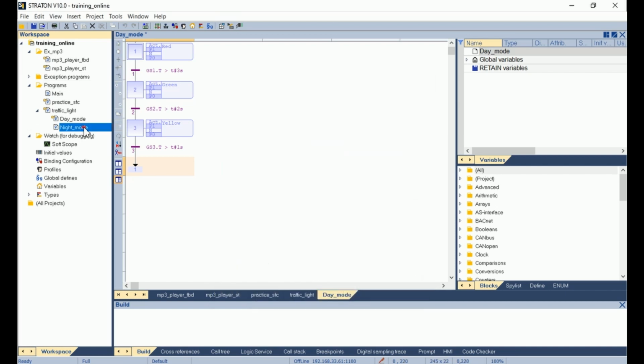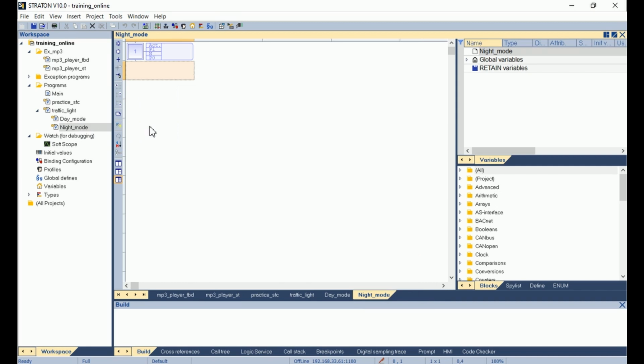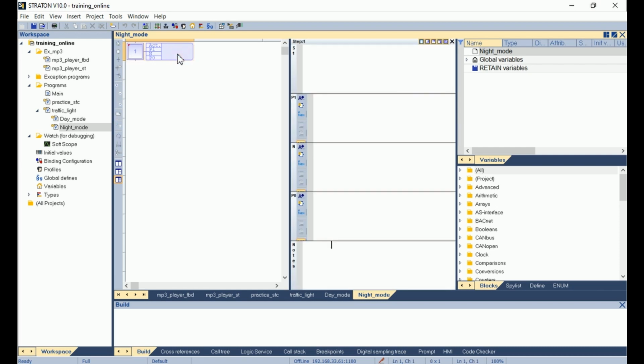And I click on OK. I open the program. So the first step, this time, will manage the yellow light. So I will manage it as for the lights of the day mode. In P1, I enter B yellow double point equal true semicolon, and in P0 B yellow double point equal false semicolon, and here I can enter yellow on in the note.